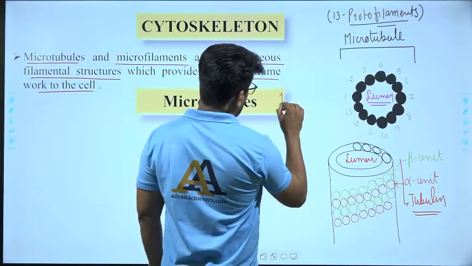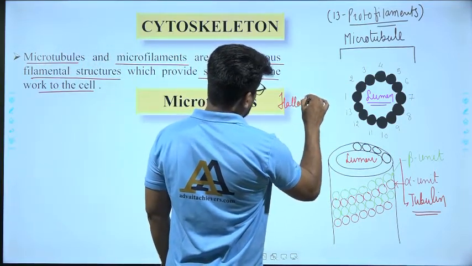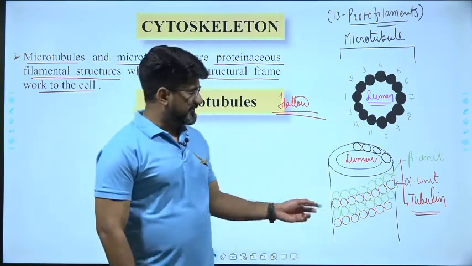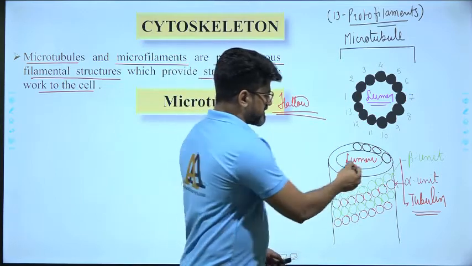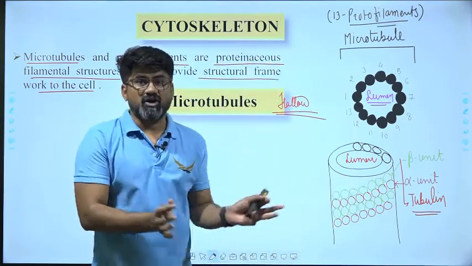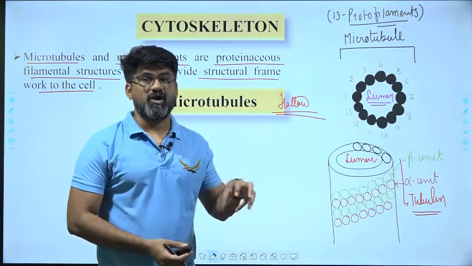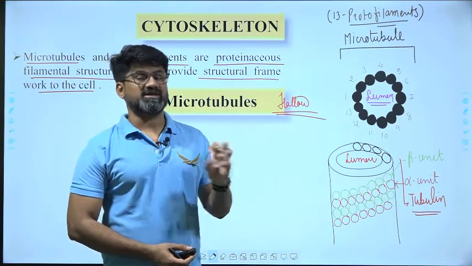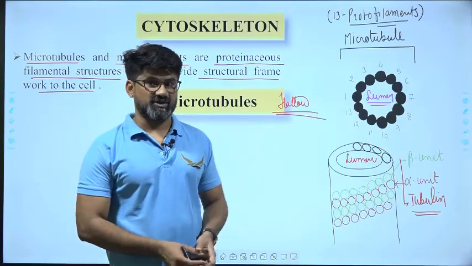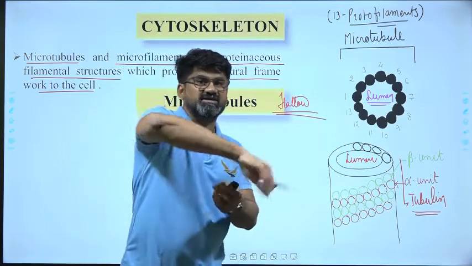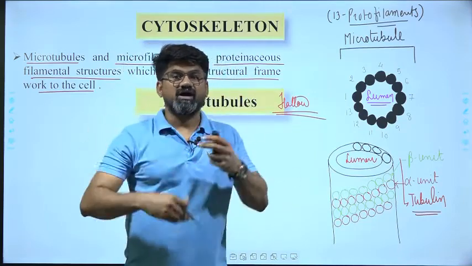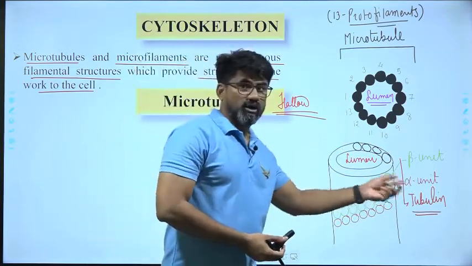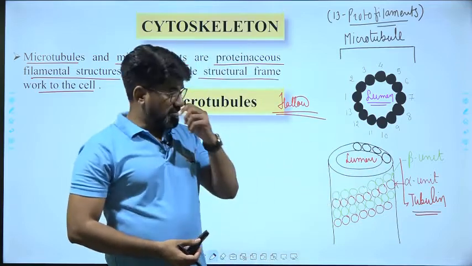Microtubule is a hollow structure. Microtubule is what? It is a hollow structure, right? This is the microtubule. See, this microtubule contains a lumen in it, and the wall of that microtubule is formed by two kinds of subunits of tubulin protein, that is alpha subunit and beta subunit. Alpha and beta subunits alternately arrange in the form of spiral banding and form the wall of the entire microtubule, right?